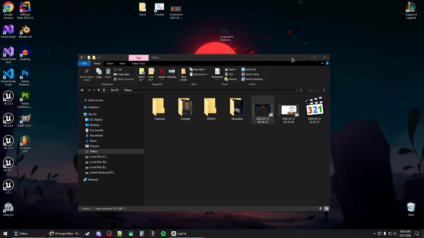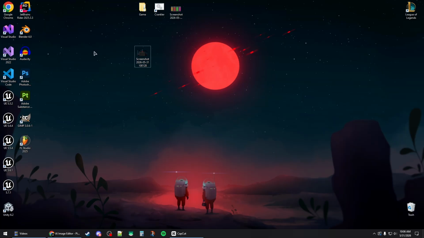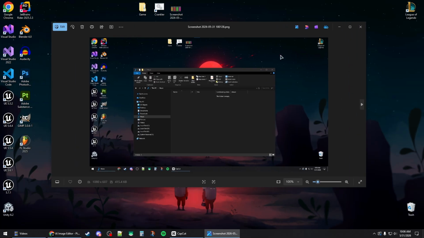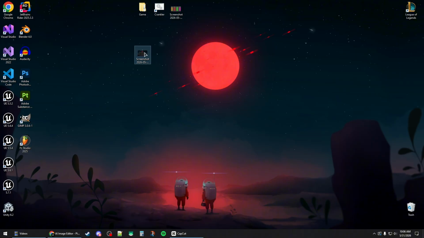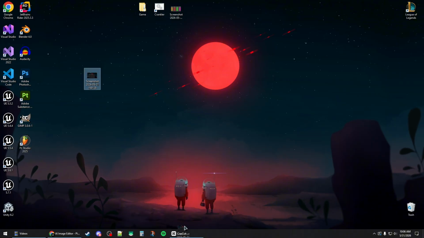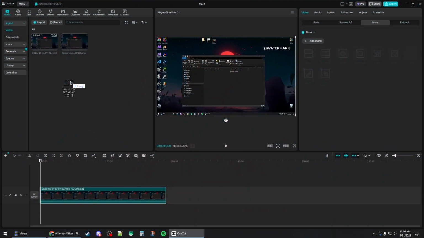Now, once you save the image, you can open the image up and potentially use Photoshop or free tools to basically remove the background or the watermark text that you've added or you had on your old videos. And once it's gone, you can save the image back to your desktop and then import it to your CapCut